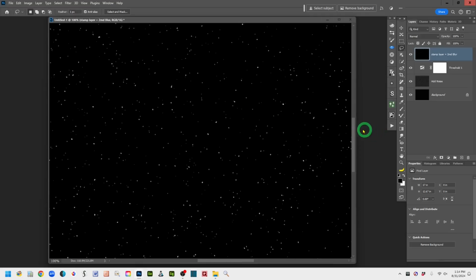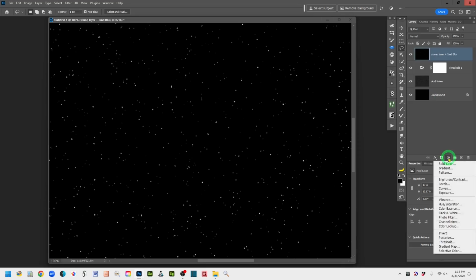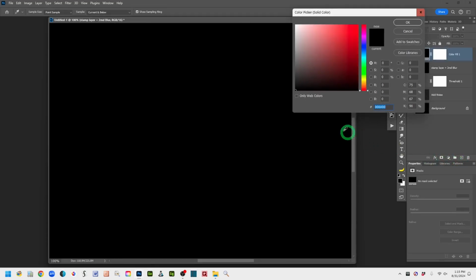So you might want to call it Black Starry Night or whatever will be meaningful to you. But if you want to add some color, which is why I haven't collapsed this, you can do that too. Come again to the bottom of the layers panel to the Add New Adjustment Layer icon, the circle with the line through it, and use a solid color. If you want a dusky sort of sky,